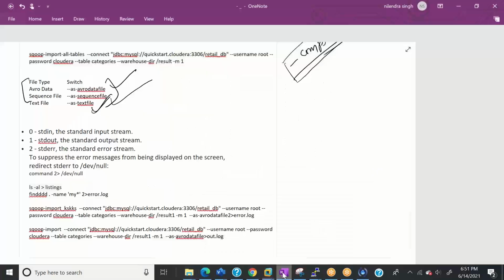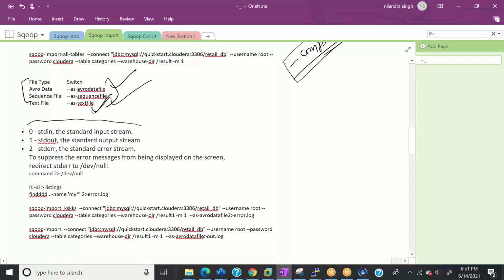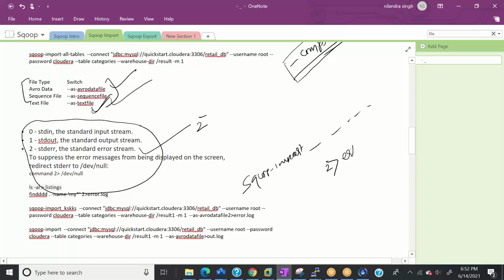In fact, somebody asked me in the last class why we need these flags, and that's a very good question. The most important flag is 2. We will use 2 like this: our sqoop import command, sqoop import with some parameters, and then at the end we put 2 with the greater than sign and then the error log file, error_log.log, and it will give all the error log we have. For example, let's say the connection string is not working, or something else is not working, it goes into the error log file. I'll show that in detail with some other example.